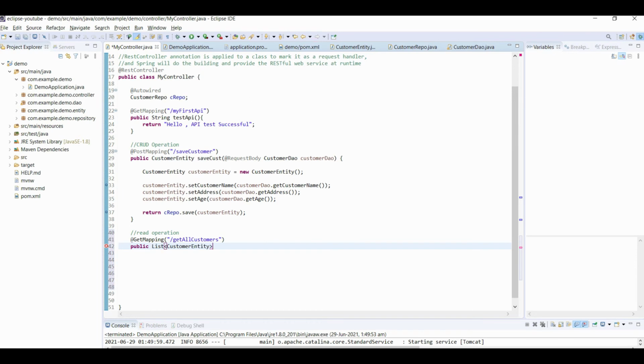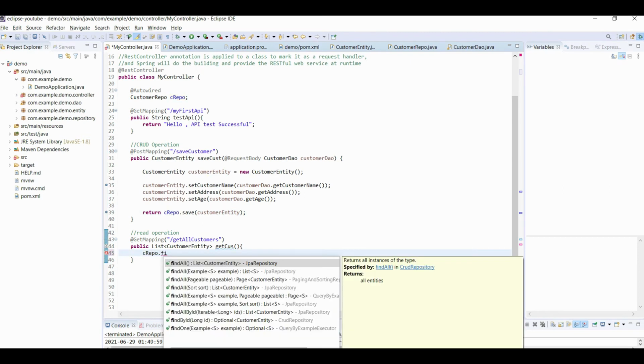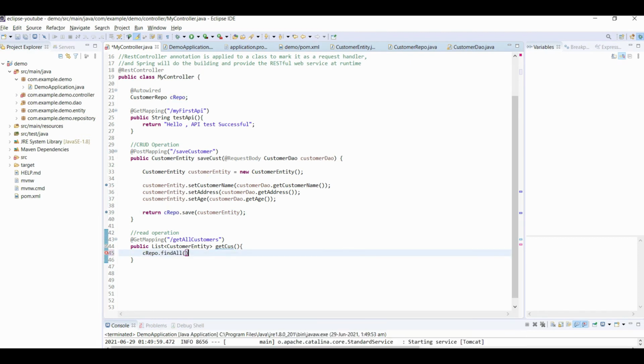Let us return a list of customer entity, getCustomers. Now here you have to call one method, and that method is customerRepository.findAll. So I'll use this method. I forgot to give the return statement, so this was showing an error. Now let us save it.